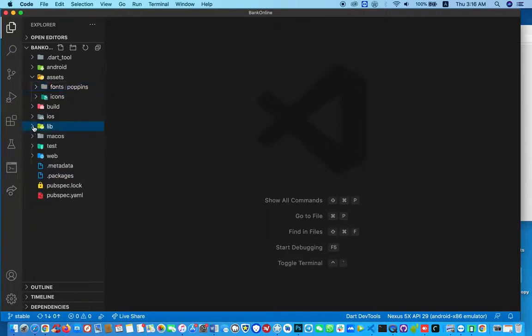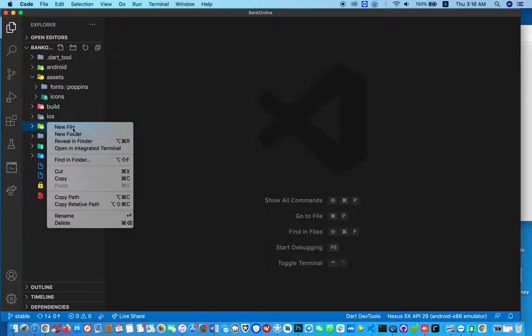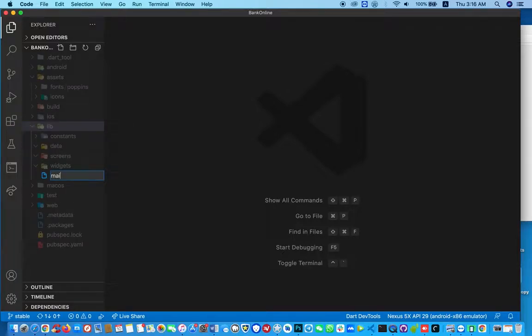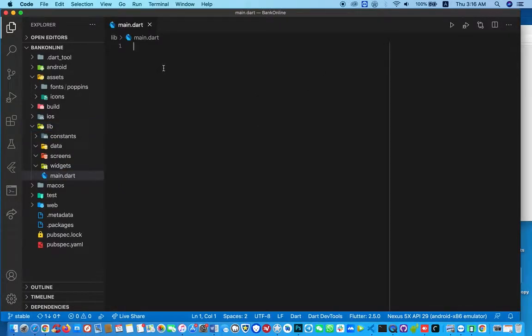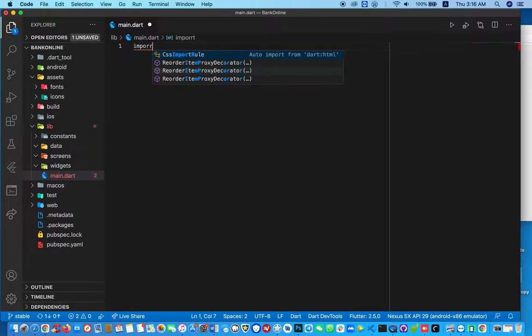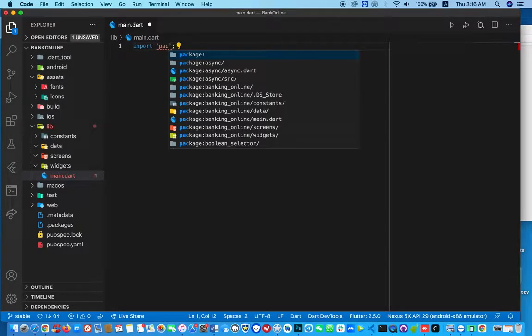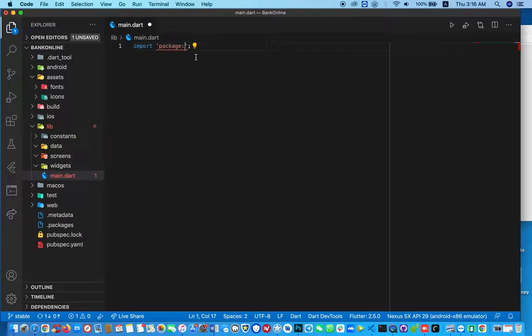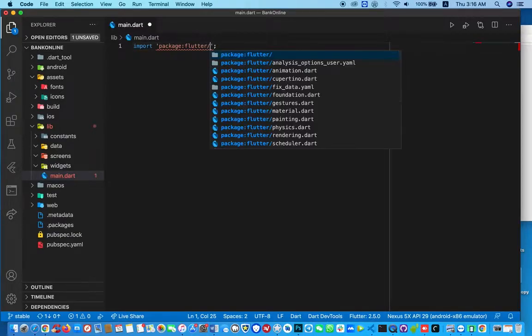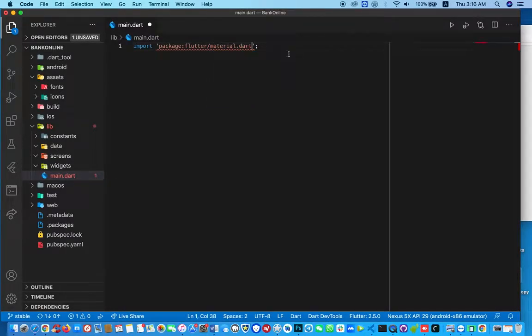In the lib, let's first create our main.dart. This will be our root file for the project. What I'm going to do here is only create the theme for the project, and make sure I set things up very well before we actually start the project. This is a normal Flutter package we need to import: material.dart, because we are going to use the material